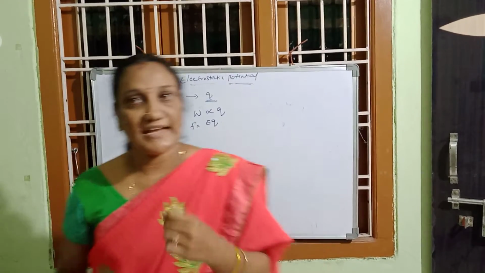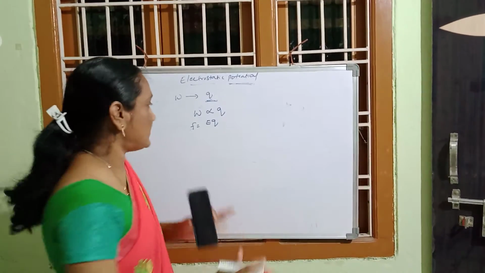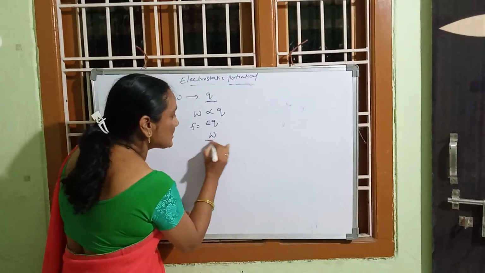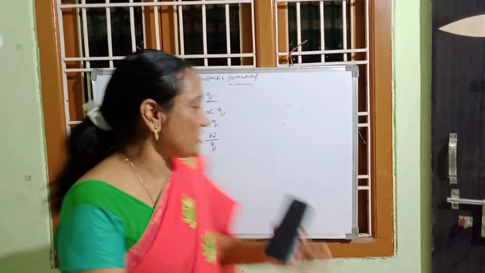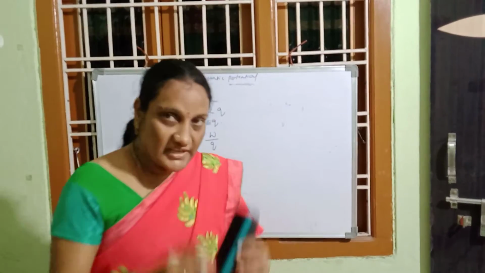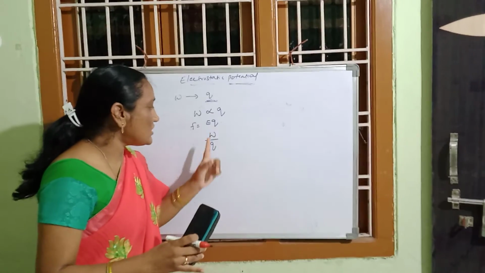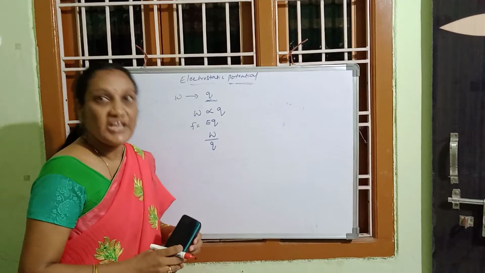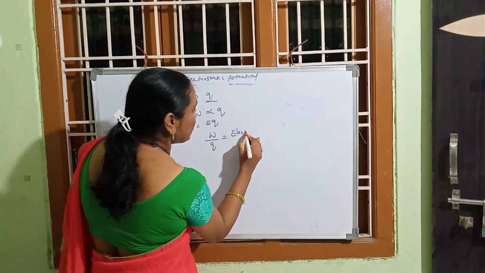So we can say that work done is directly proportional to the charge, and it is very convenient to divide this work done by charge. This work done divided by test charge gives rise to the new concept called electrostatic potential,